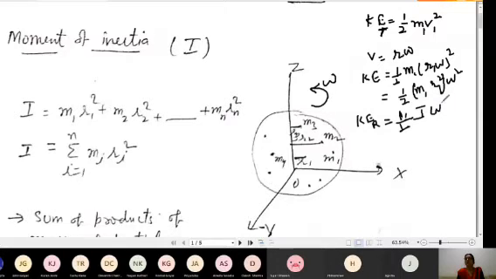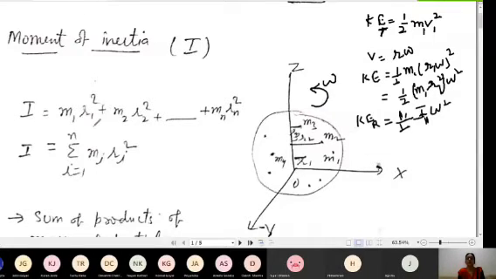On comparison with the kinetic energy in translational motion, half mv square, I get the kinetic energy for rotational motion as half I omega square. Comparing, for the first particle I equals m1 r1 square. So from here we have introduced this term by a comparative study of linear and rotational motion. If the body rotates about the z-axis with angular velocity omega, the linear velocity is v, and on comparison I get this term, the moment of inertia.